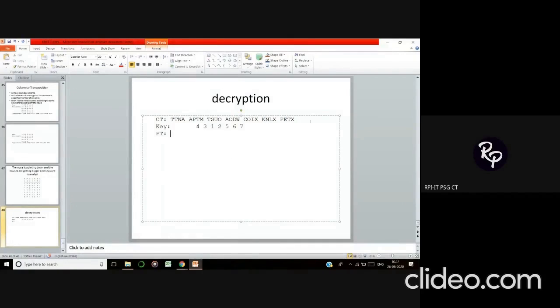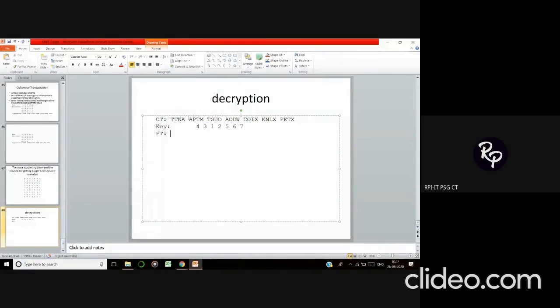So here I have added a filler. Next, I need to find out how many rows there are for this table, because the content of the table is known to you now and the number of columns is known, since the key value decides the number of columns, but I'm not sure about the number of rows. So what you are going to do is count the number of characters in the ciphertext.